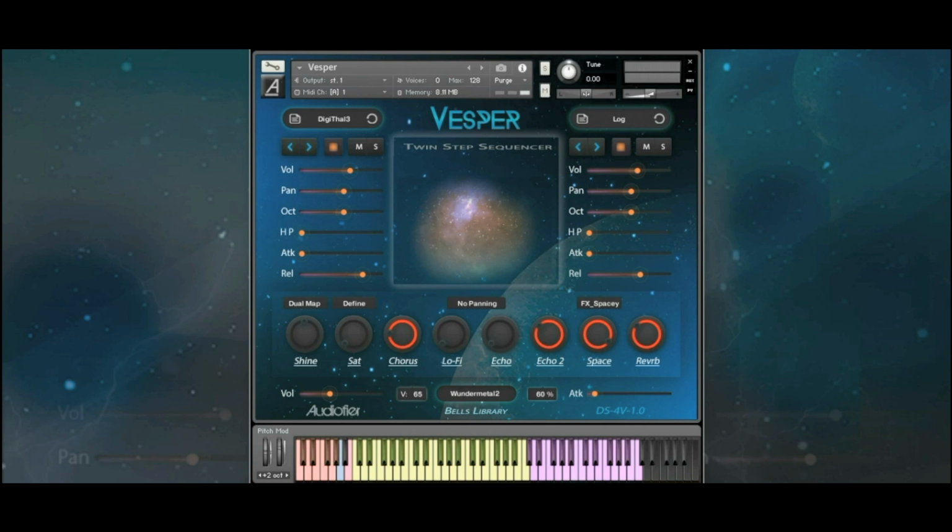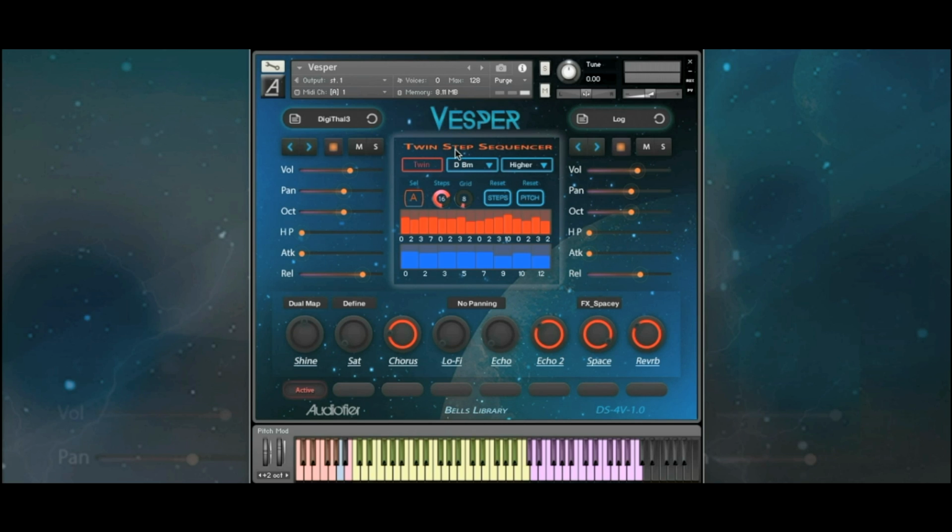Now let's have a look at the step sequencer. Here, it is a twin step sequencer, and this means that you can have two sequences running at the same time, and these sequences are totally separate time-wise, so you can have triplets on one and 16th notes on the other one, or a straight 4/4 time on one and an odd time signature on the other one. For example,